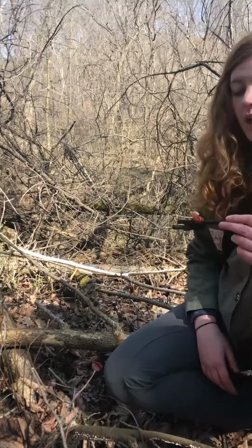Alright, so we have here these polypores on trees, so these are pretty sturdy. I'm not going to take them off. And then there's one up there, so this is a hardwood of some sort. I'm not actually sure what kind of tree this is, but yeah, this is a polypore,